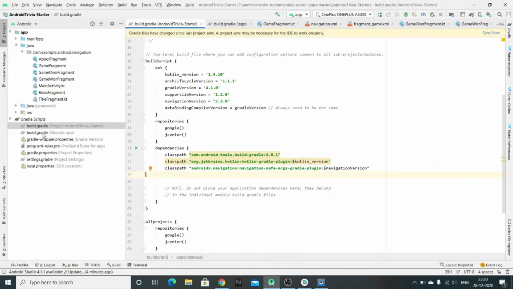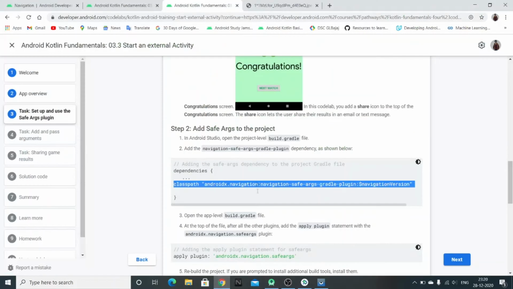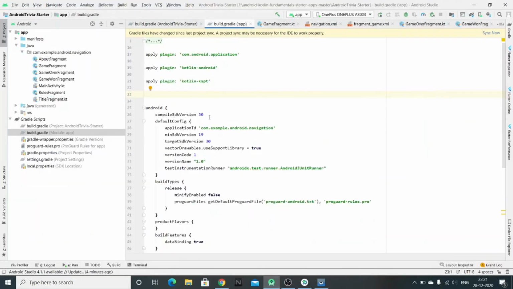Then open the app level build.gradle and add these plugins from here. Okay, now we are all set.